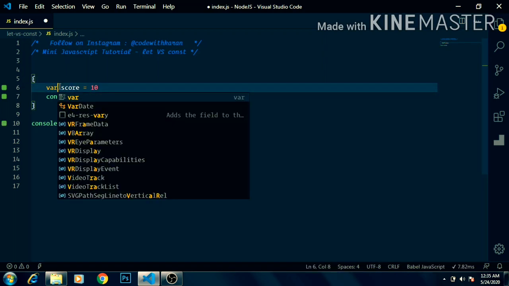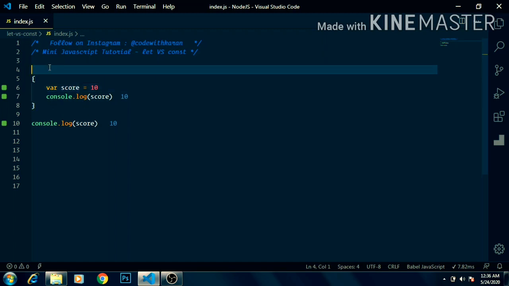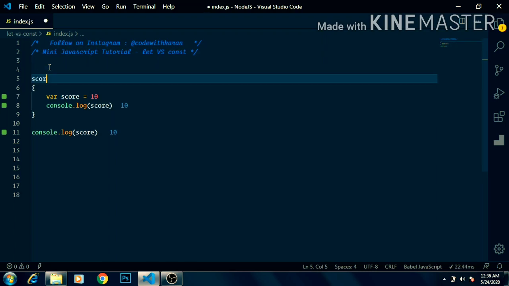So if I use the older var keyword syntax, since we all know var creates a global scoped variable, I would be able to access score here. There's one interesting thing here. Since var creates a global scoped variable, I would also be able to access score even before it is declared. So if I try to console log score even before it is declared, it would give me an undefined error. Which means the JavaScript engine does know that there is some variable named score which is being declared at a later time in the code. So it's giving me an undefined error. It just doesn't know its value, but it knows there is a variable named score.